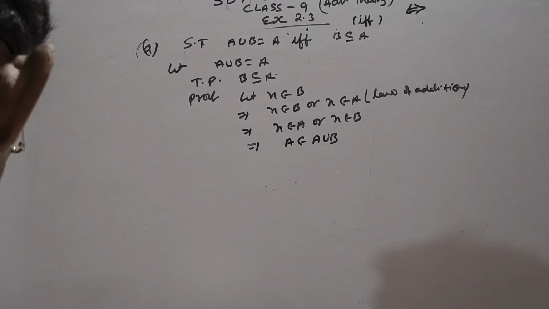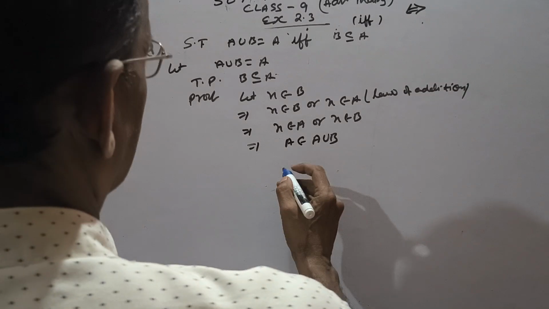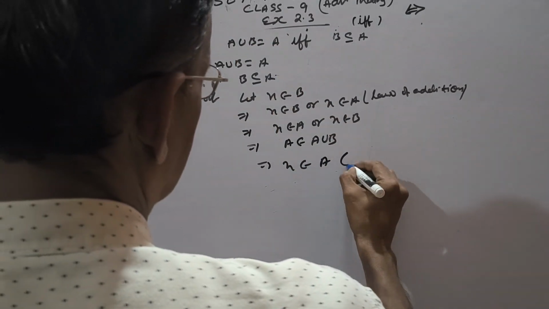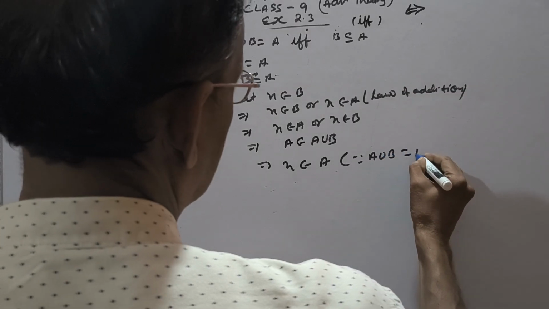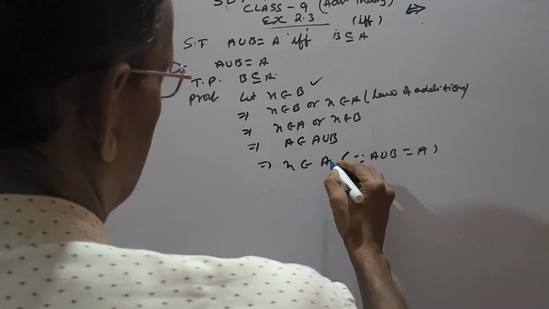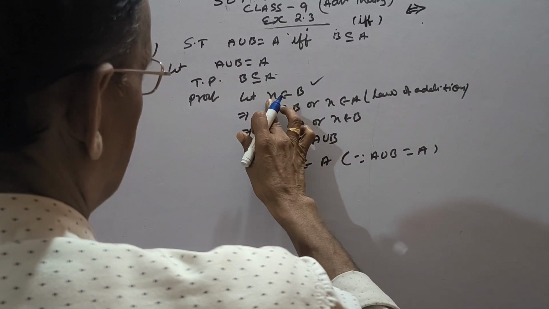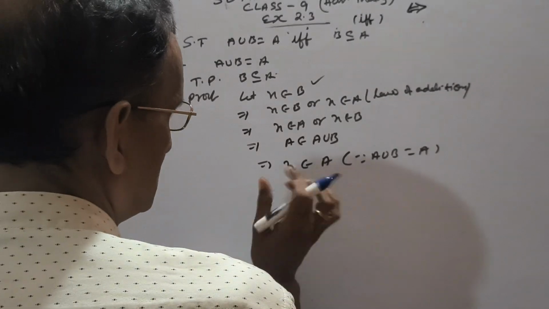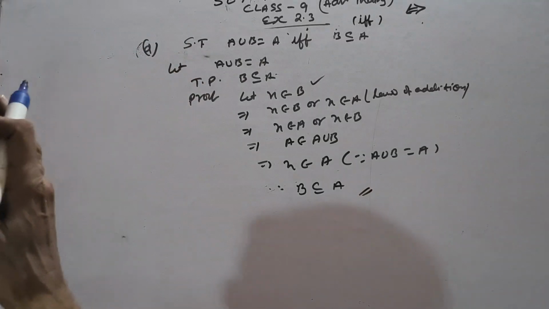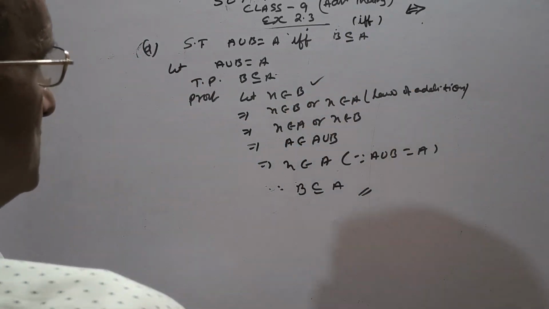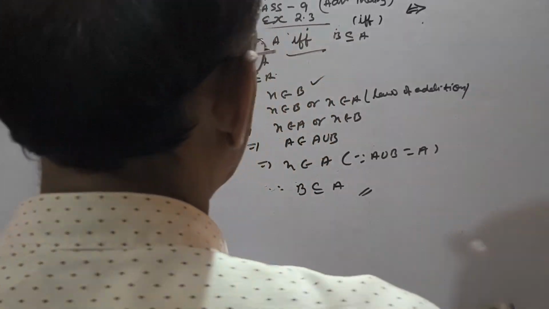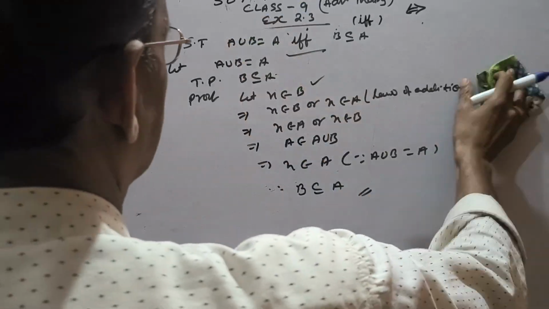Implied, x belongs to A union B, and A union B is equal to A. Since A union B equals A, we started with x belongs to B, and now we are getting x belongs to A. What is the meaning? B is a subset of A. This only we have to prove, but conversely also, because it is given. So now we will take this and prove it.